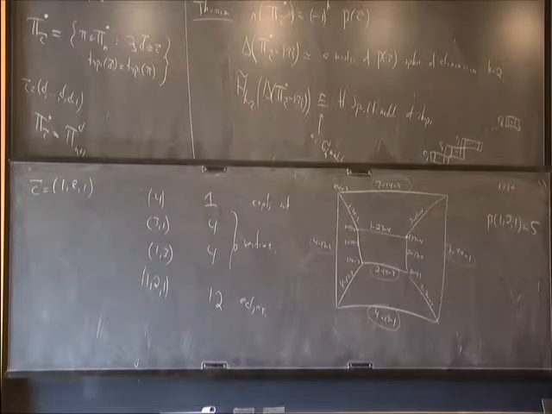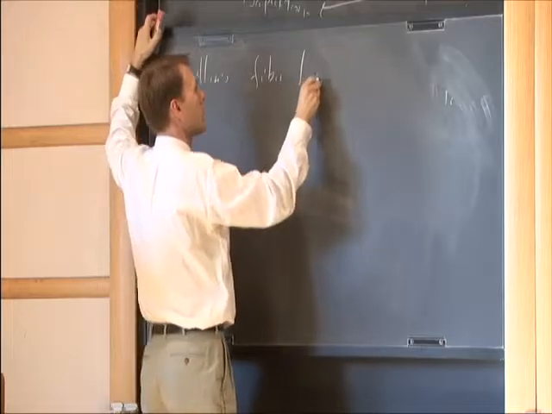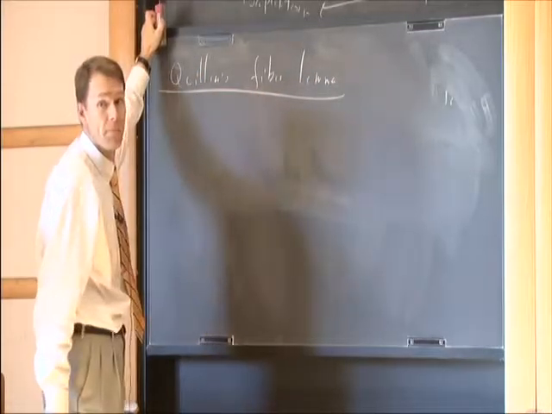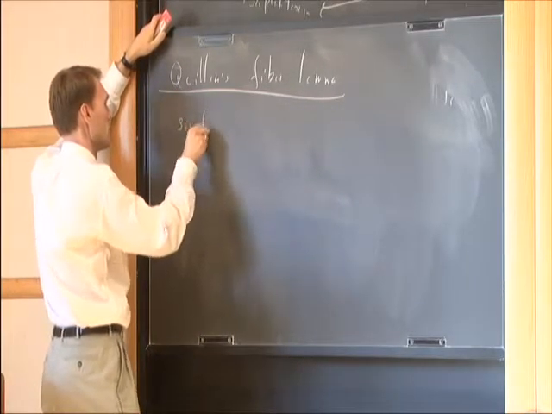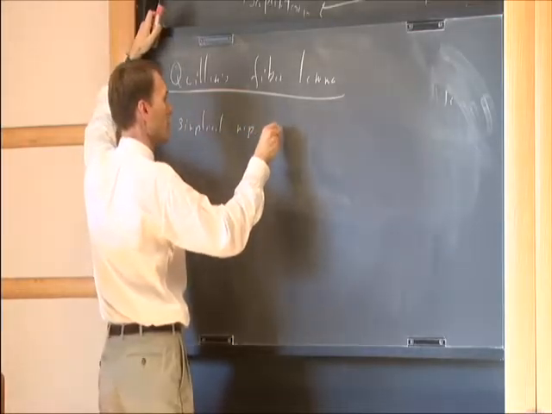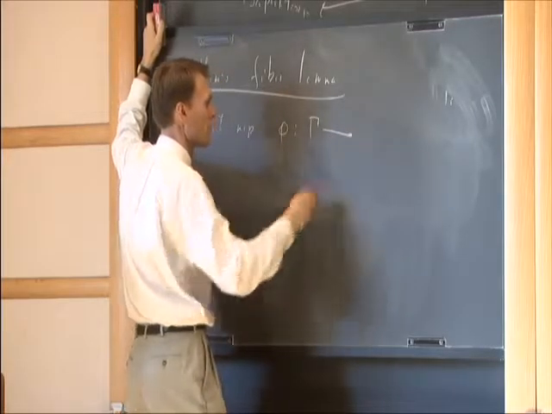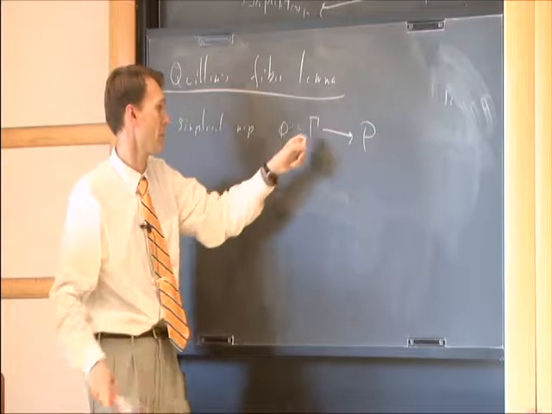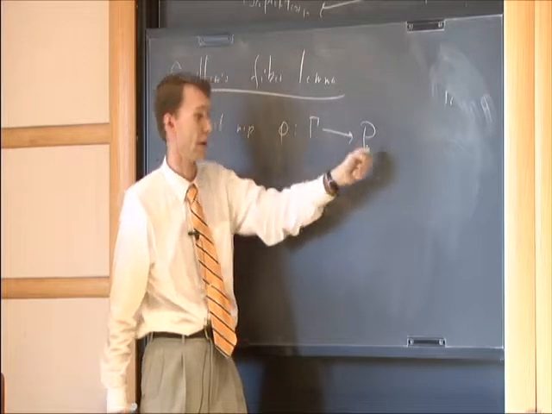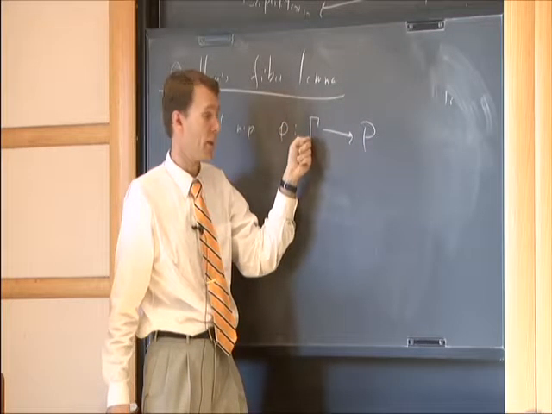Well, there's Quillen's fiber lemma, which says the following: if I have a simplicial map phi from a simplicial complex gamma to a poset P. So this means it takes vertices here to elements in the poset, and it takes faces into chains,